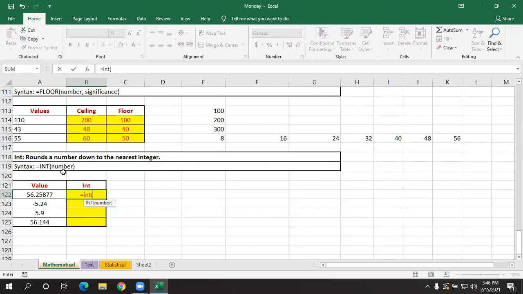Open the parenthesis, select a number, close the parenthesis. So what is it showing? It rounds a number down to the nearest integer. Nearest integer means what?